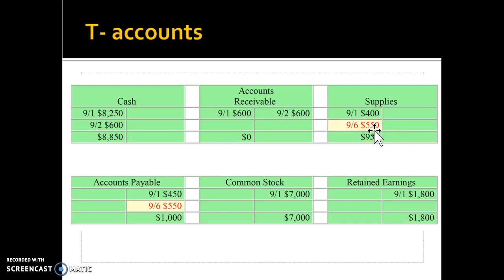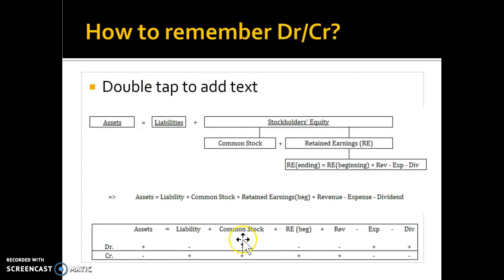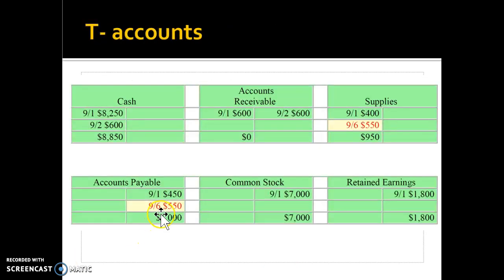So we look at the other side of that transaction. The transaction also increases the liabilities, which is more specifically accounts payable. So we will also be increasing accounts payable for 550. If you check the table or the equation I just gave you, you will find that liability increases with a credit. So I'm going to increase my accounts payable on the credit side